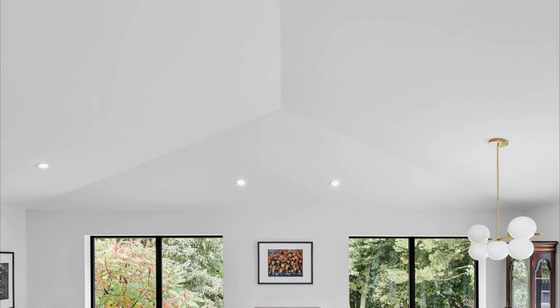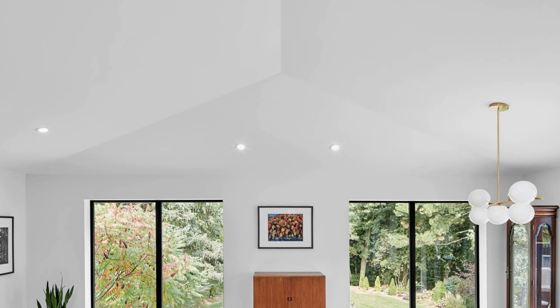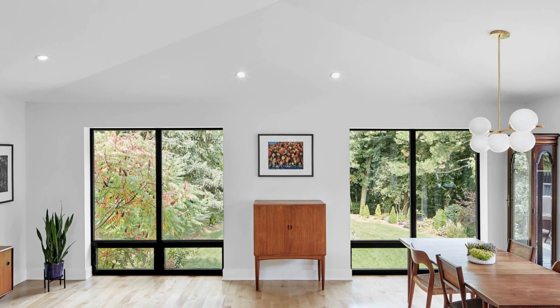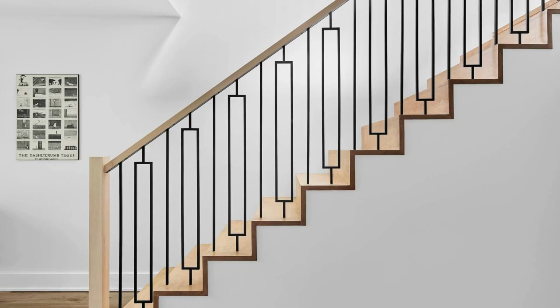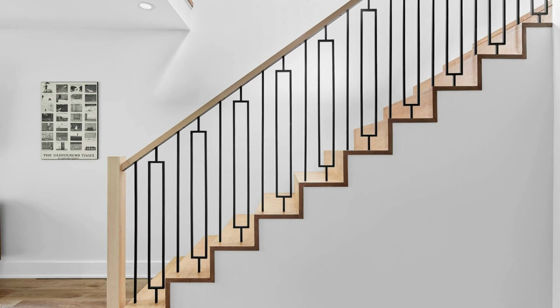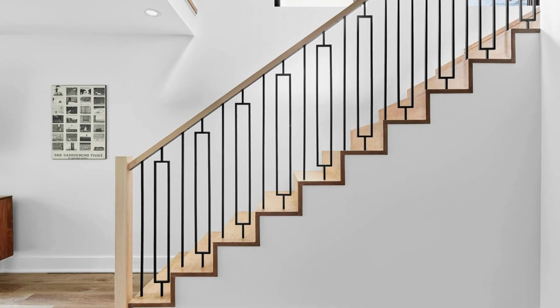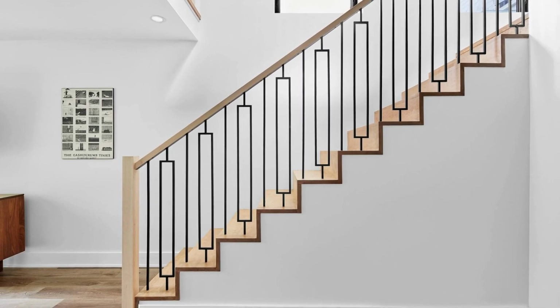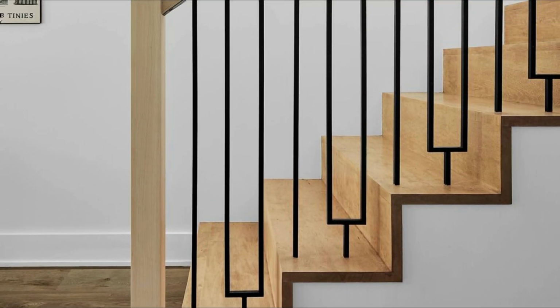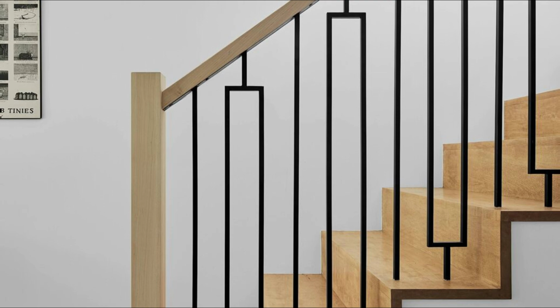Inside, an open, airy layout emphasized visual connections to the outdoors, with floor-to-ceiling windows and a cathedral ceiling enhancing the sense of space. The lower level, built into a slope, accommodated bedrooms for the children and a den opening to the backyard. The construction prioritized sustainability, with a focus on reducing embodied energy by reusing existing materials and enhancing insulation